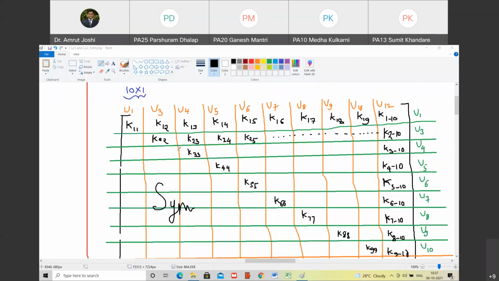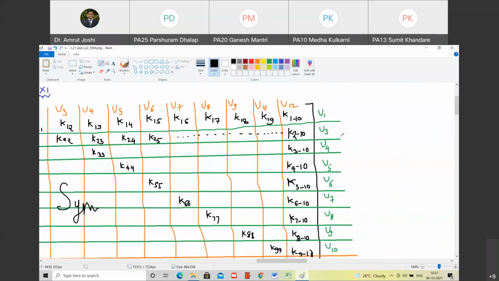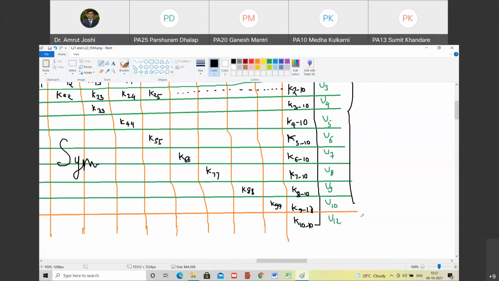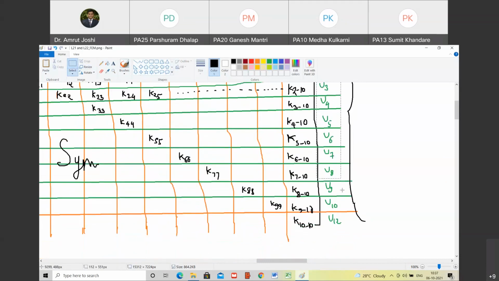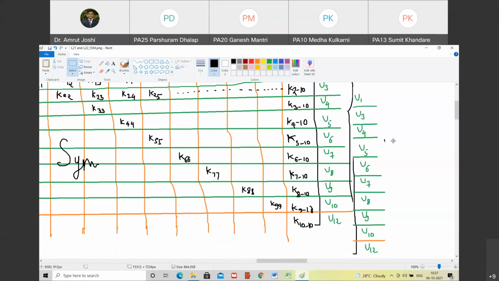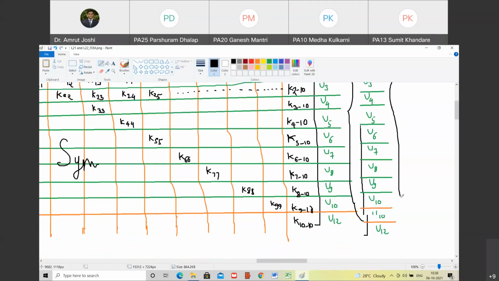Okay. So this is the stiffness matrix. Are you with me? Yes, sir. Of course, this is multiplied by the same matrix. So this stiffness matrix, its multiplication is going to be with reference to this same matrix. Are you with me? Yes, sir. So here I have written down all these just for correlating the rows and columns of the stiffness matrix. Here it forms the multiplication matrix. Are you with me?